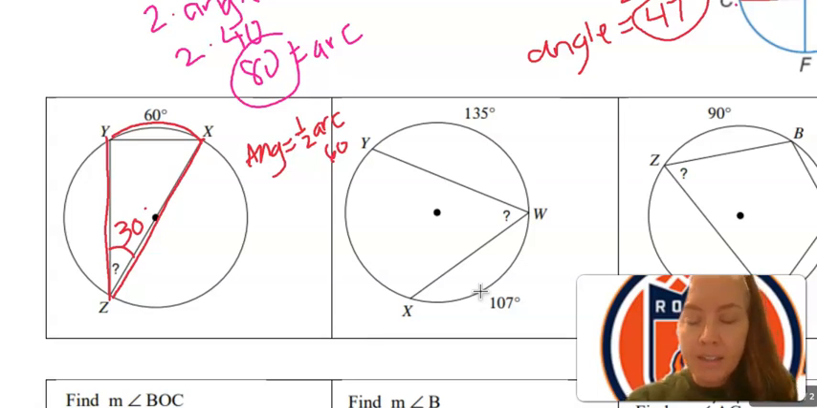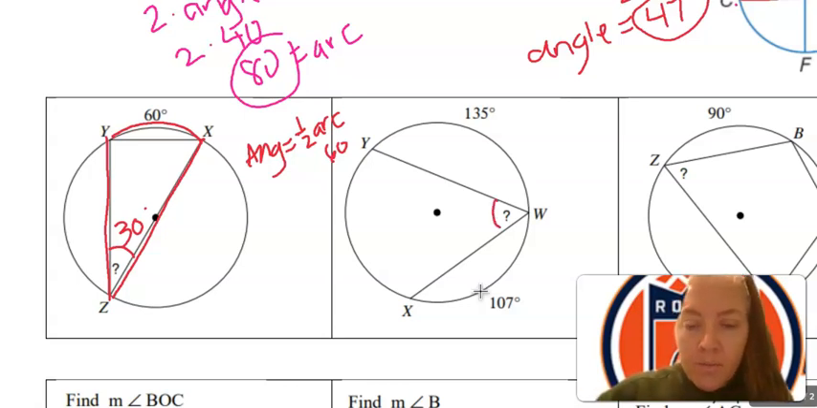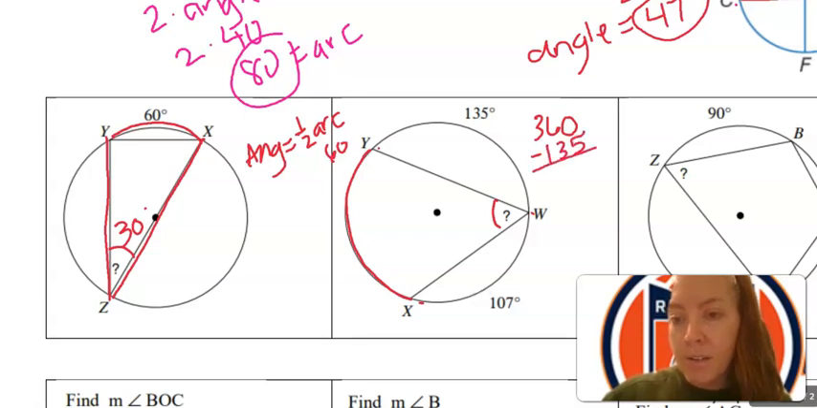All right, my next example is a little more complicated. So we're going to utilize the idea of a whole circle and the total of its arcs. So I don't know the angle and I don't know its arc, but I know this is 107 and this is 135, and all three of these make up a whole circle. So from last week, a whole circle, the arcs have to total 360. So we're going to take off 135, because that's how much we know, but we don't want that. And then if I take off 107,